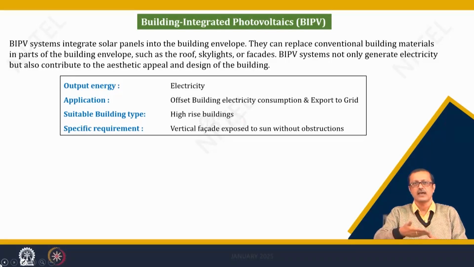So, if I only bank on the rooftop area, then I can have a limited amount of electricity generation, and based on the increment of the high rise building, I cannot cope up. My electricity generation through solar panels will not be high if I go high rise. The only thing I can do is, as we go high, the building will increase its surface area. So, if I can put the solar panels on all 3 or 4 potential surfaces of the building, then the amount of generation will also be high.